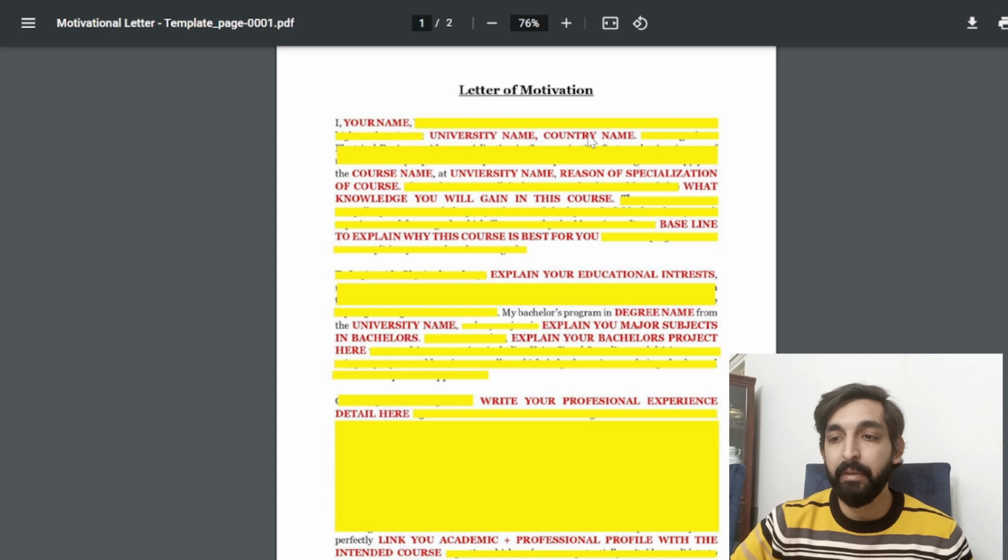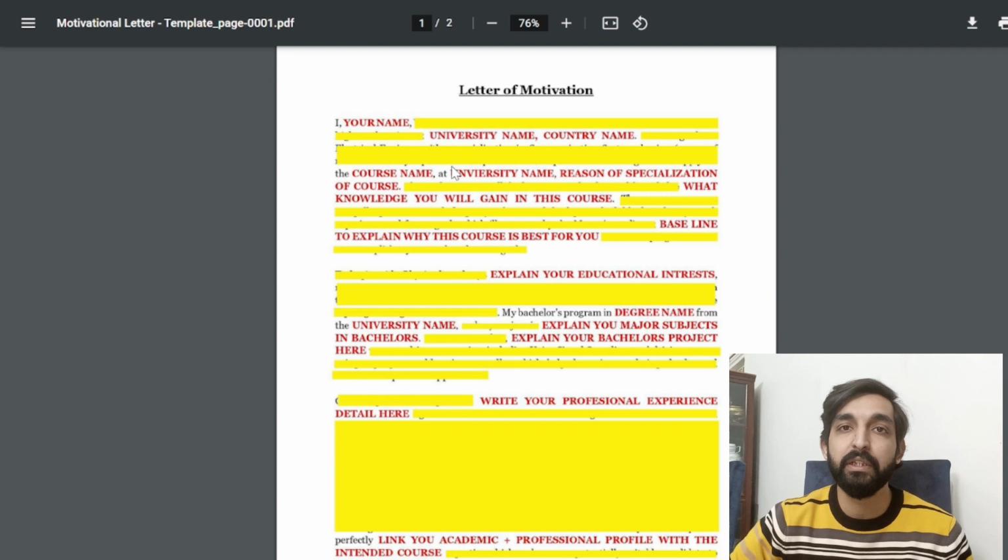and then the supporting sentence along with the university name and the country where you are applying. Then you can mention the course name and the university which you are targeting, and why you are selecting this course. Write down the specialization which this course is offering to you. Further explain what knowledge you will gain in this course. Write around 2 to 3 lines on how you will benefit by taking this course. And then close this introductory paragraph with a punchline